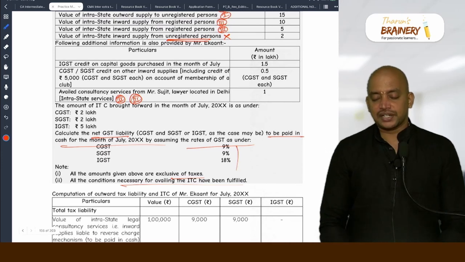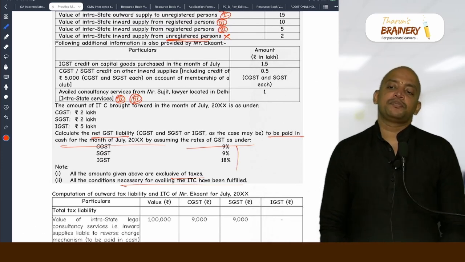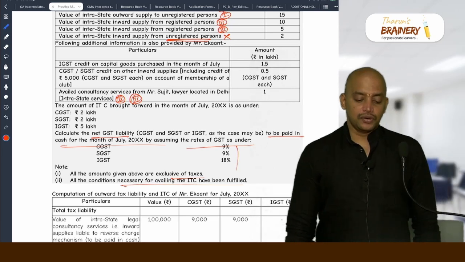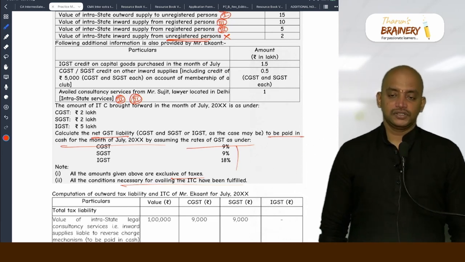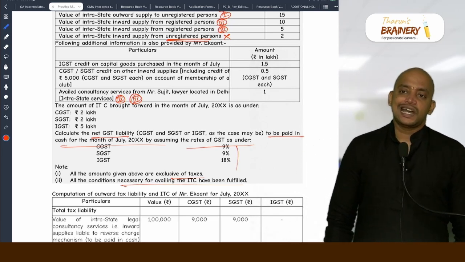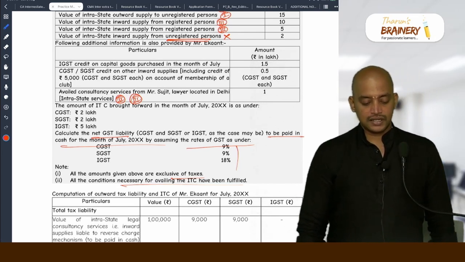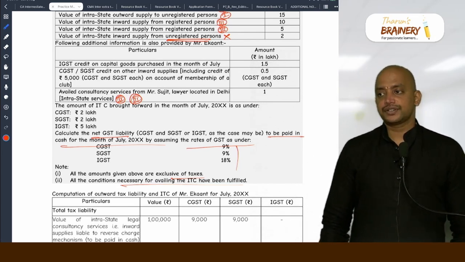Next line, IGST credit on capital goods. So write down in particulars capital goods. Which column? IGST column 1,50,000. Capital goods is not blocked credit. Capital goods we can take. The next one,